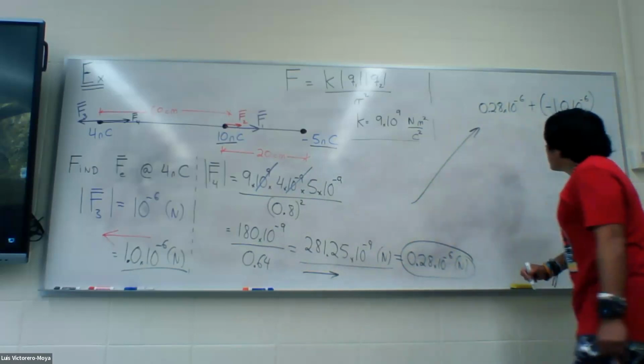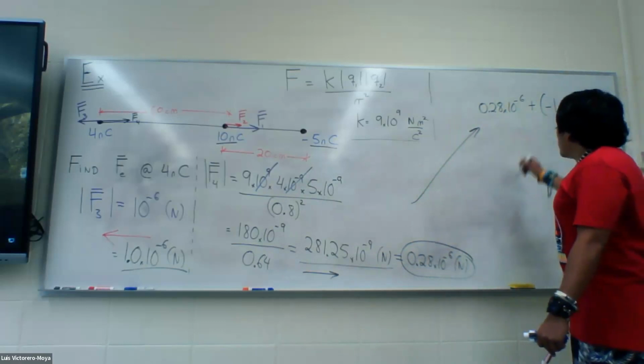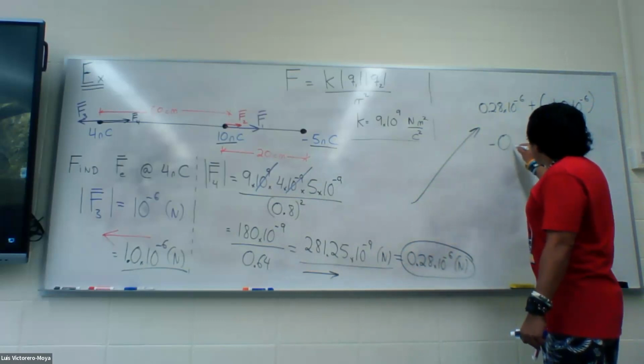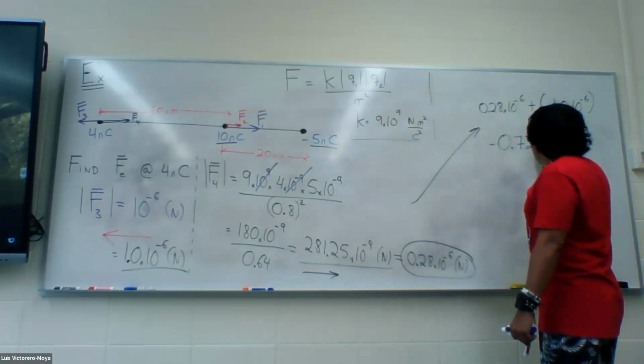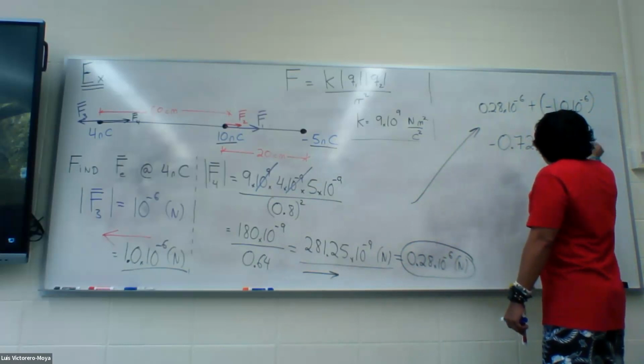That will be your addition of those vectors. That will give you negative 0.72 times 10 to a negative 6 newtons,